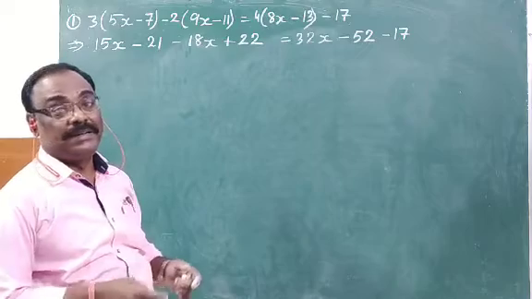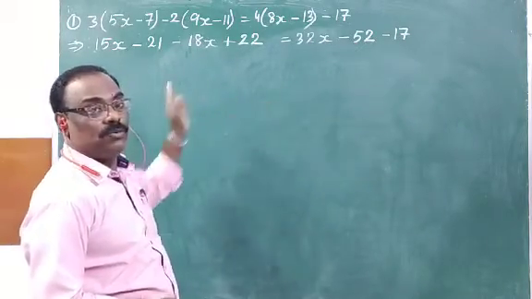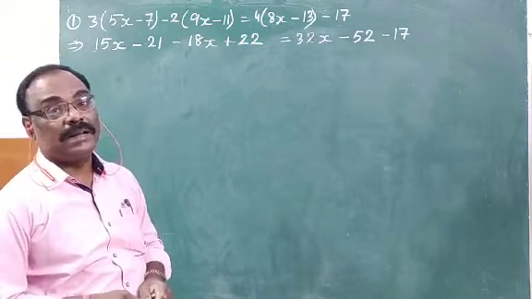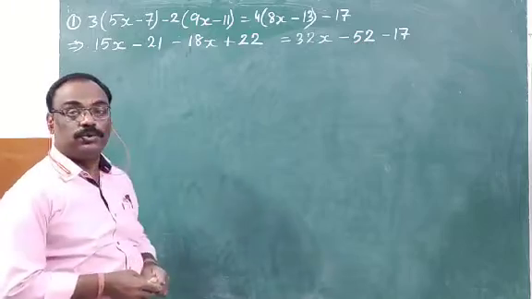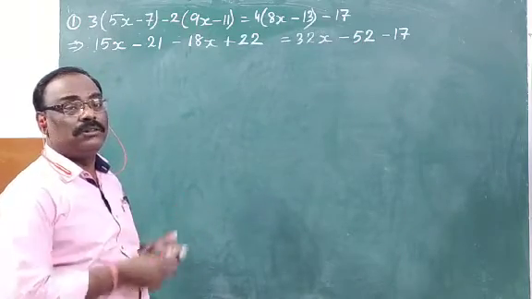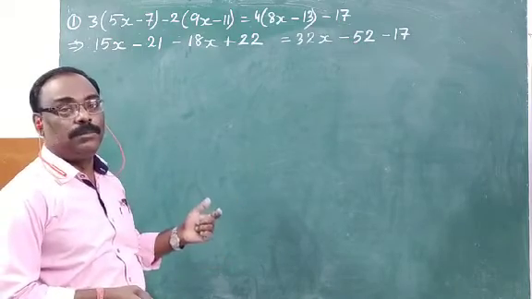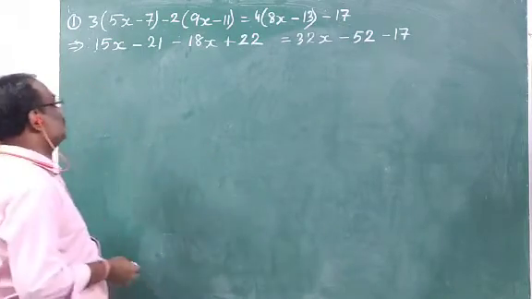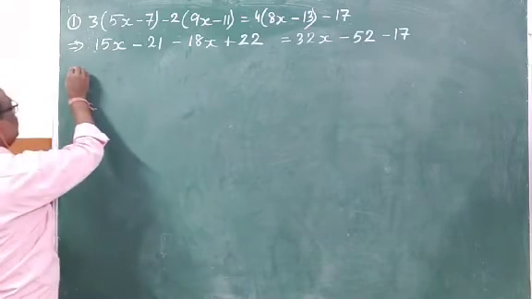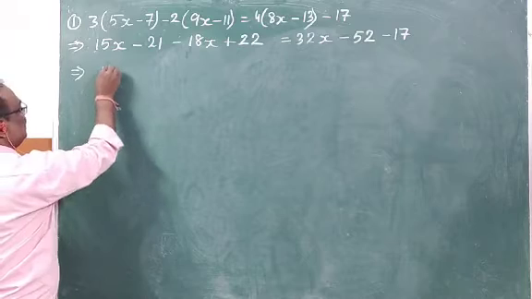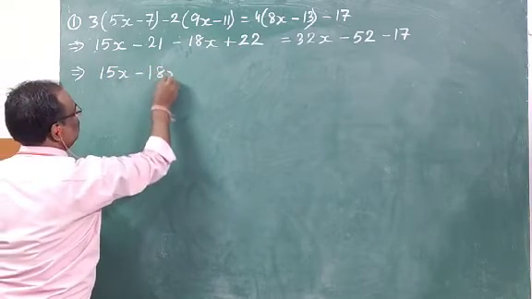And when we take any of these numbers from left to right or right to left, that is known to be the transposition. Okay, so here we are going to do the transposition, that is bringing all the variables towards the left hand side and taking all the constant numbers towards the right hand side. So here first of all we will write what are the things on the left hand side. You write first. So here 15x is given, then here you can see minus 18x is given.